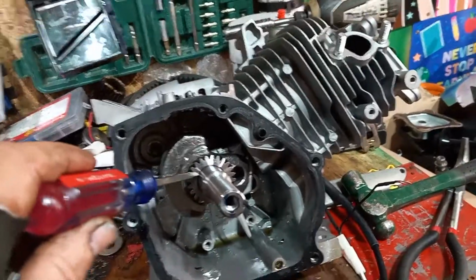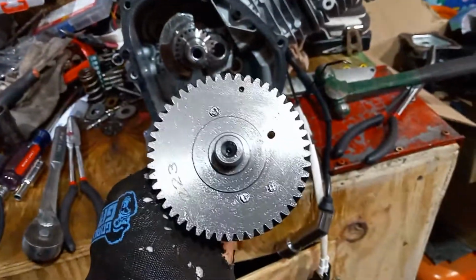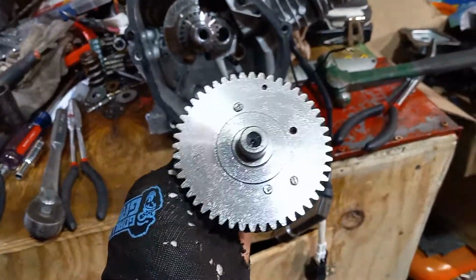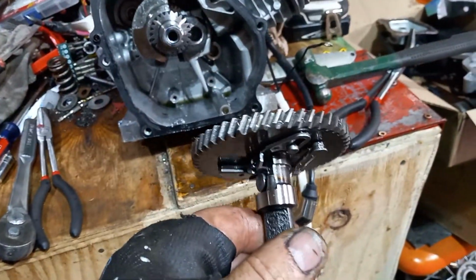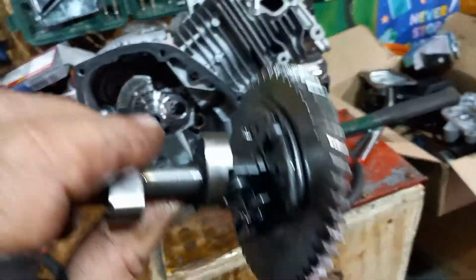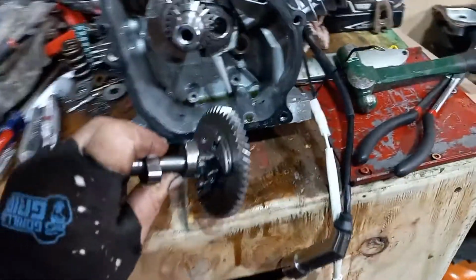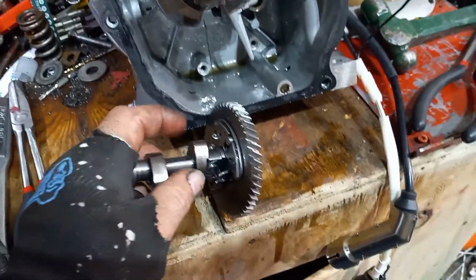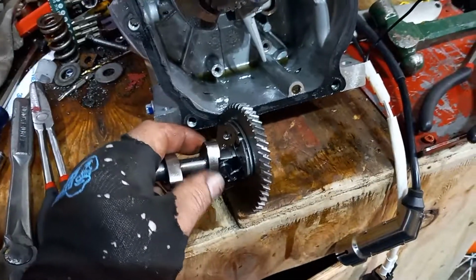This gear right here is for a cam, which is this. This is what's called the 223 cam. Most of them run a basic 223. Some of them are ground a little bit differently. Okay. And the weight and the lobes are different. Okay. These odd looking things right here are your lobes. And what these lobes do is they hit...